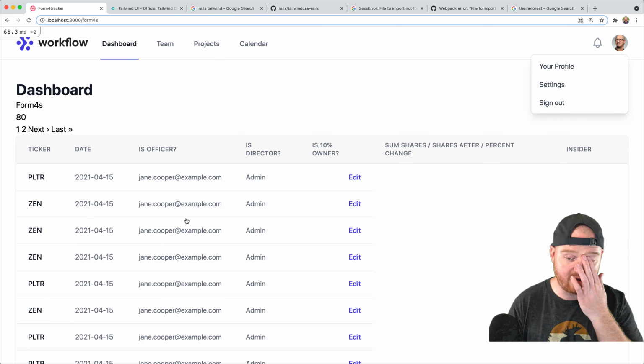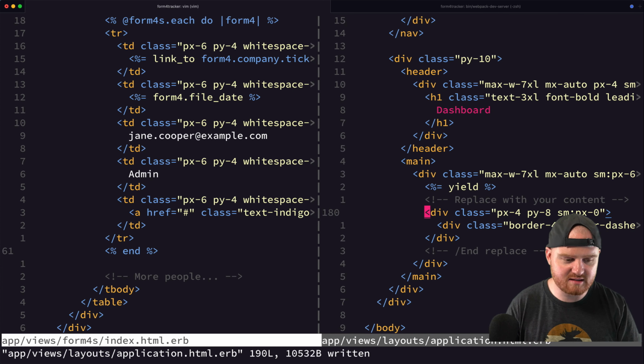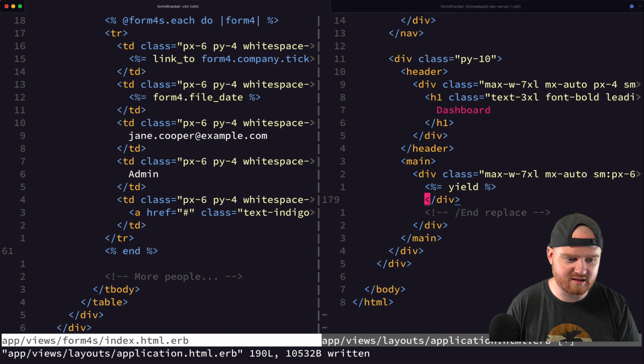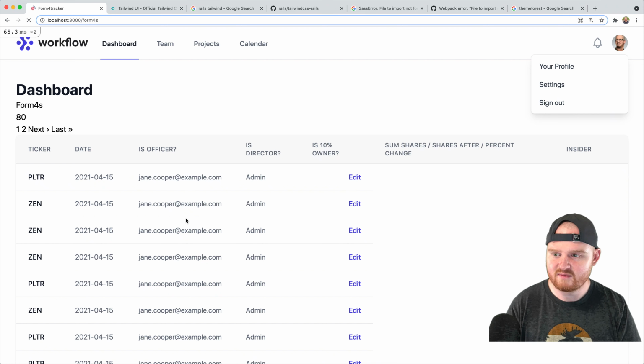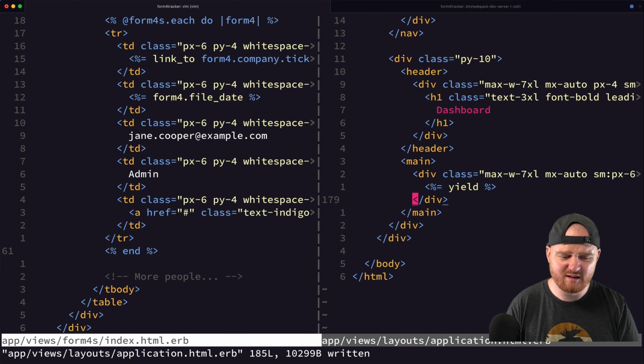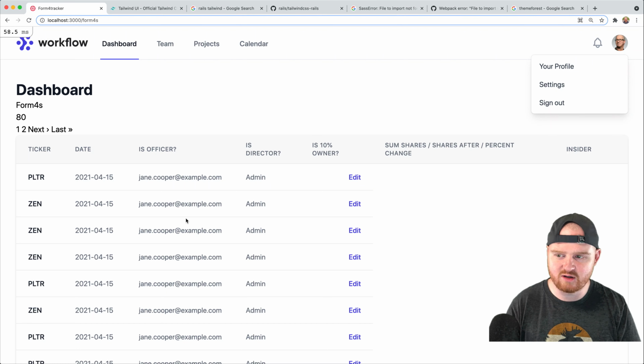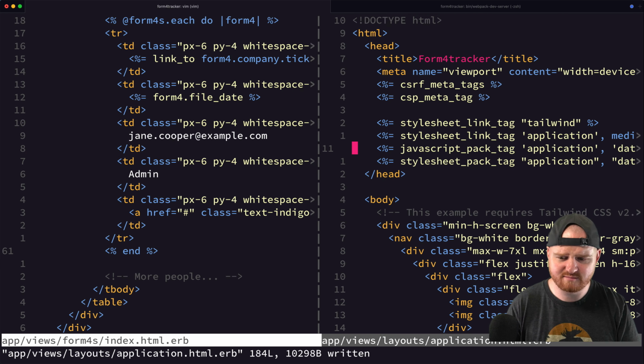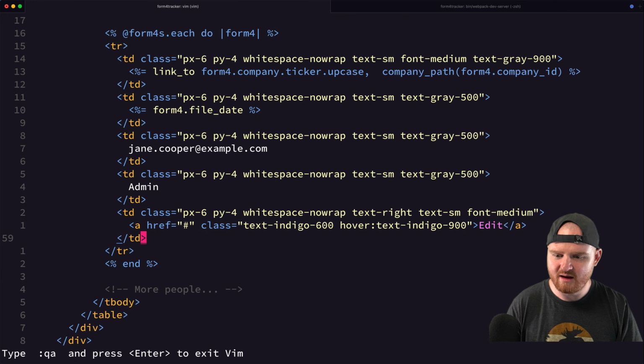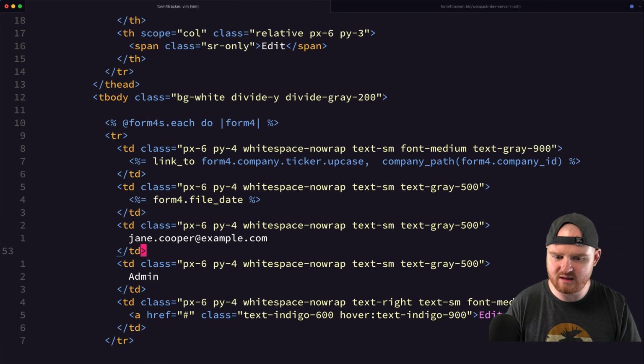I think that's totally fine. I don't know if I delete this div here, if that's gonna ruin stuff, but probably not. Yeah, okay, totally fine. All right, so our application layout is good enough for me right now. We can go back and add the links in the dashboard later. That's cool. But let's keep going with the